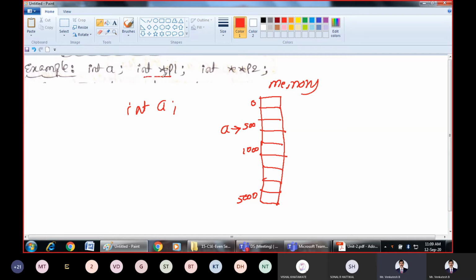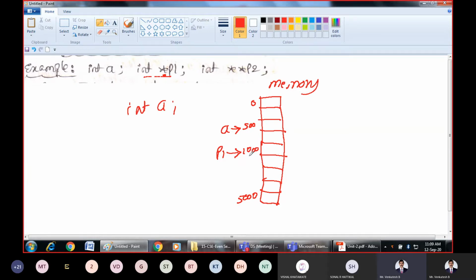Next, when you declared p1, what is p1? P1 here is a pointer, because star indicates it's a pointer. So again for p1 also there will be some memory allocated. Say for example, p1 is 1000. During the execution, the memory addresses need not be the same. For explanation purpose, I have taken these memory addresses.